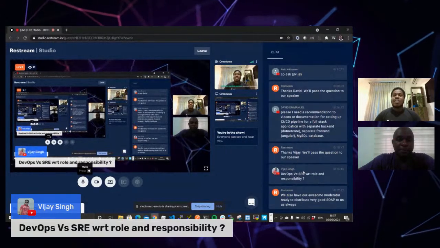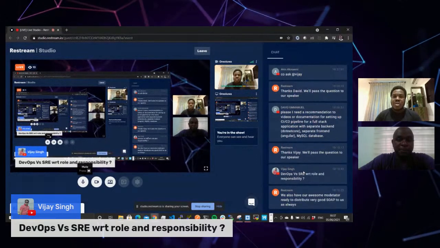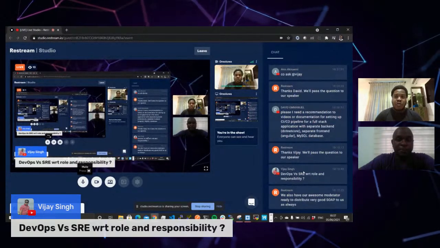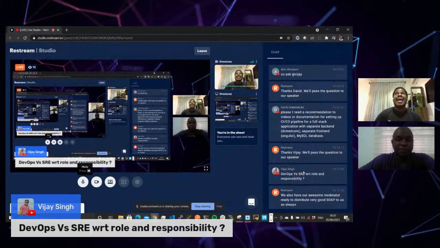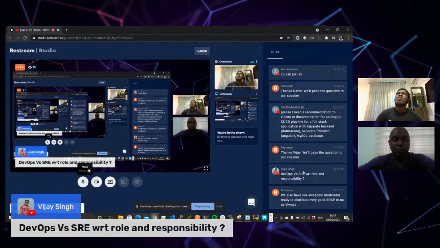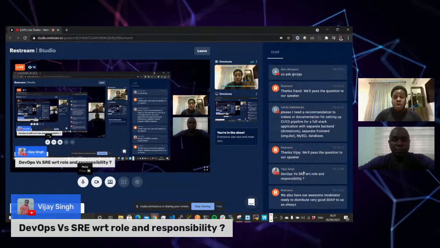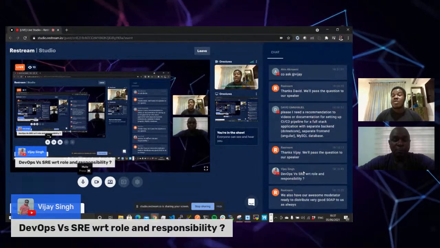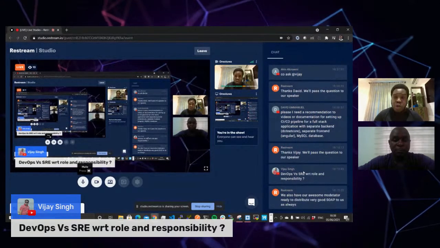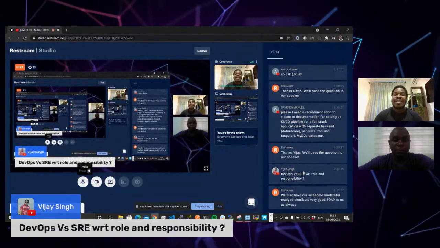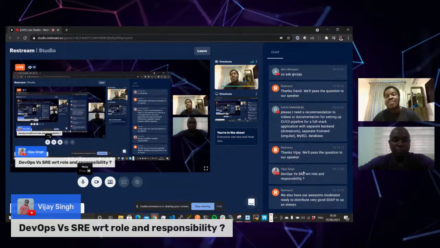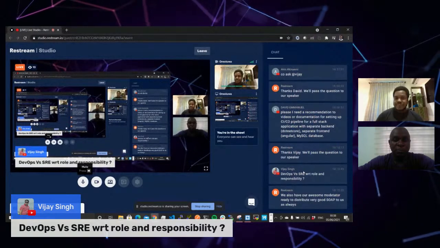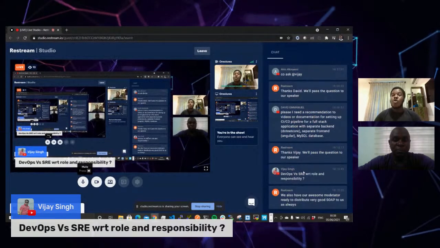DevOps basically has a lot more to do with core implementation, design and development of pipelines, infrastructure sometimes, because obviously it also has to do with automation, right? There are three core things, I just can't remember the last one. It's infrastructure automation, configuration management, and also pipeline development, design and implementation, and things along those lines, right? To a large extent, the reason is that there is a need for someone to oversee those